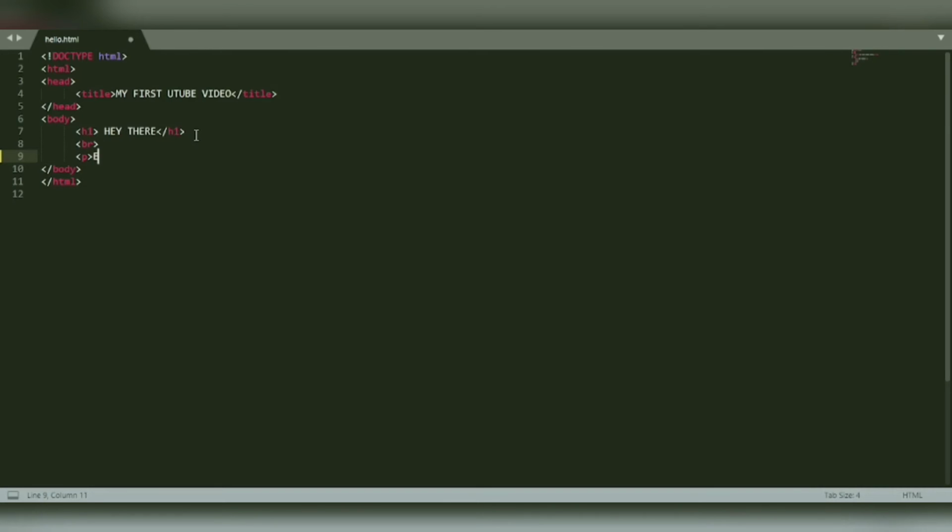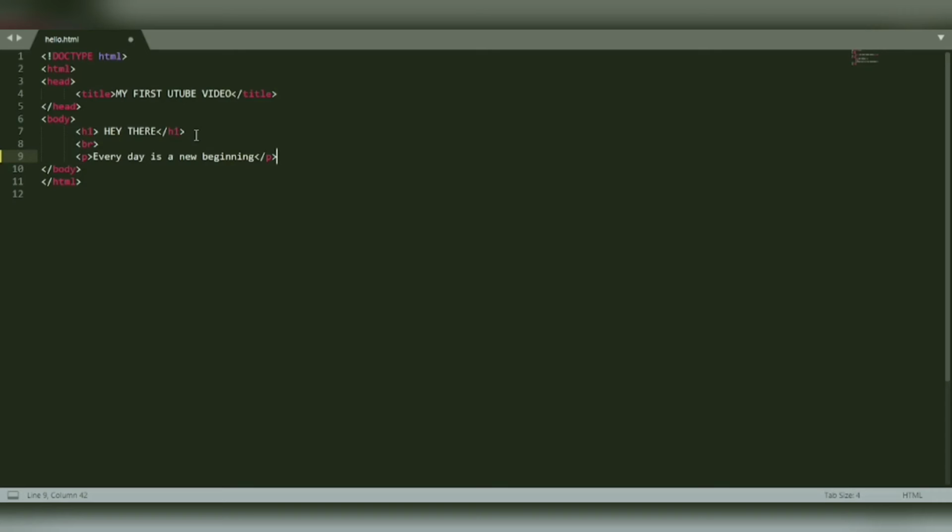Every day is a new beginning. And then close the paragraph tag by putting /p.